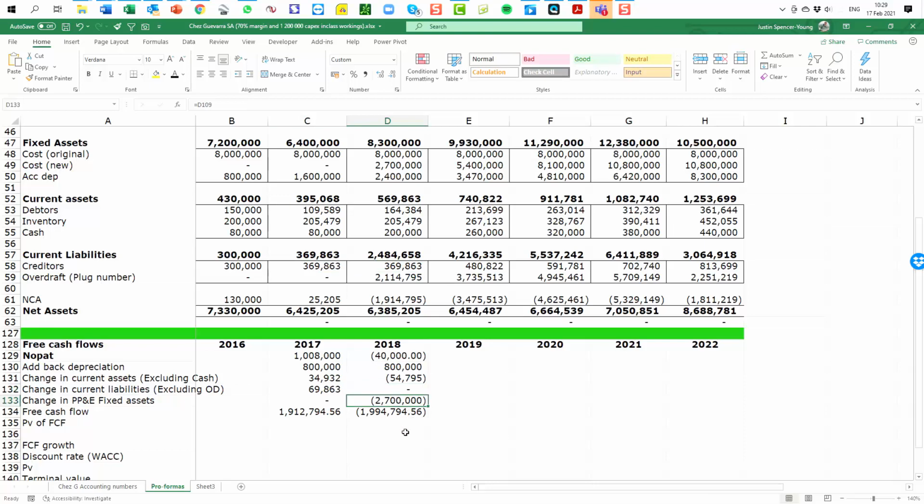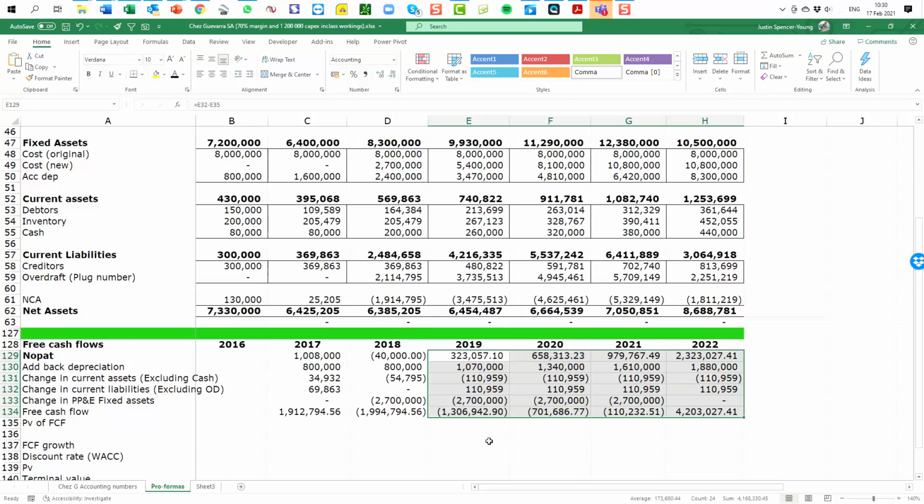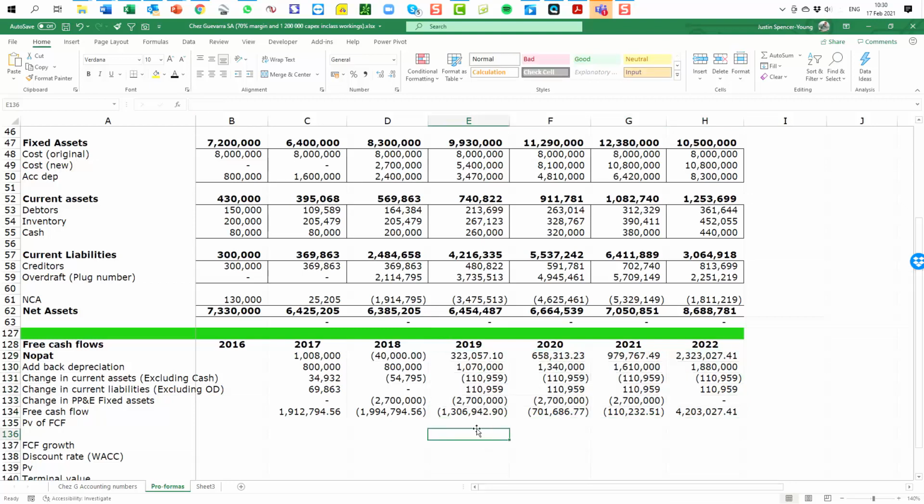Then for the capex, there are 3 cafes at 900,000, and that is an outflow, so that is negative. Then I sum those all up, and it turns out that in 2018 there is a free cash flow that is substantially negative, largely due to the loss and the amount of capex that we are spending. So let's look forward to the following years. If you have your numbers all set up and you've got your formulas sorted, you should just be able to copy and paste this, and you will get your future cash flows.